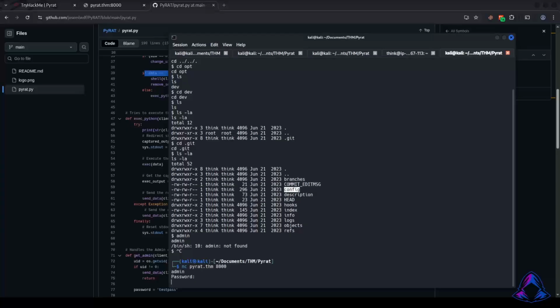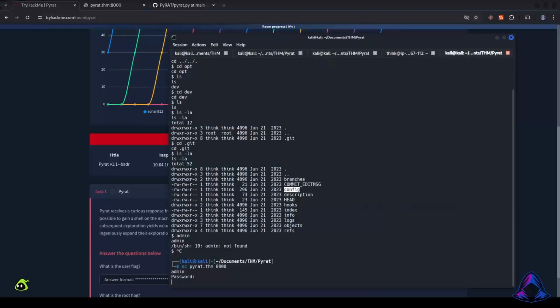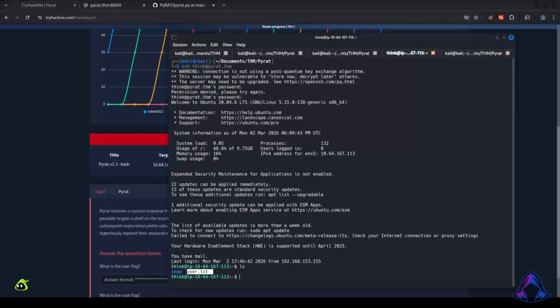Now it's asking us for a password. Now this is where also the hint on here says we have to fuzz passwords. So I used, where am I? I'm not going to go through and do it. I'll show you the script, but I'm not going to go through and